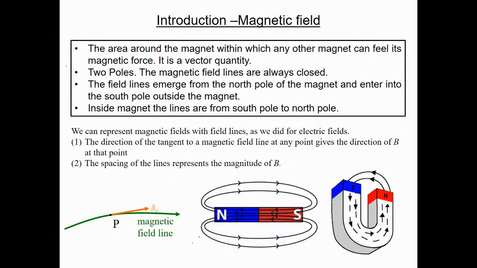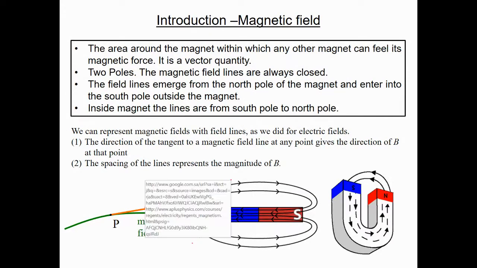Let's start with the first point. What is given in the first point? The area around the magnet within which any other magnet can feel its magnetic force. For example, when you place two magnets near each other, what will happen? Sometimes they may attract, sometimes they may repel. Like charges, if you have positive and positive charge, will repel. So likewise, if you have two magnets,